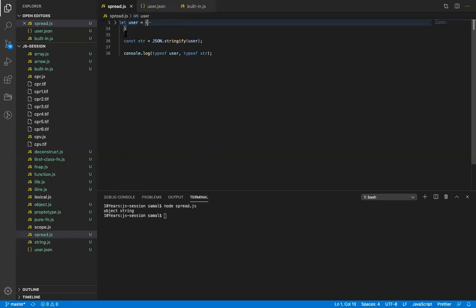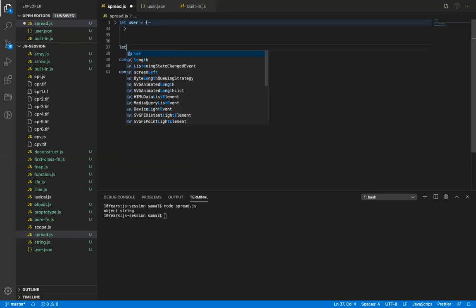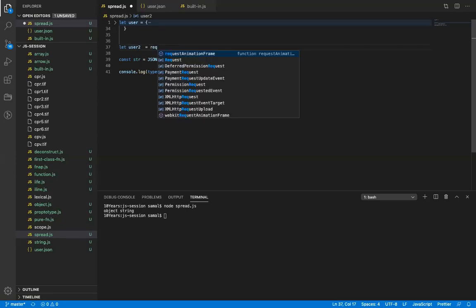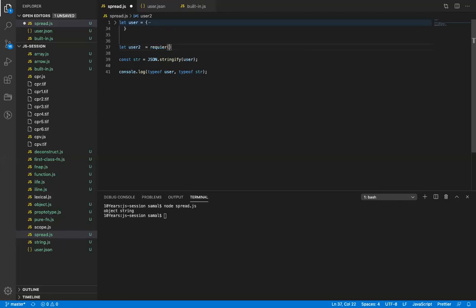So what you have to do basically, I'm just using Node.js syntax. Let's say I use let user2, for example, and I will import the value with require user.json. Okay, all right. So the moment I import it, the require function will convert it into an object. All right. So now if I print this, you will see an object, right?